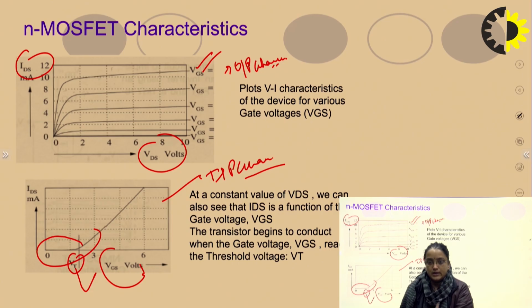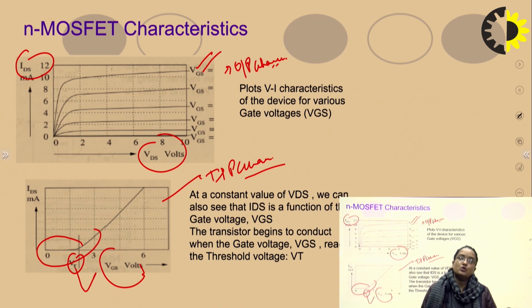Similarly for the depletion type MOSFET. In the next lecture, I will cover the depletion type MOSFET, and one of the most important topics of MOSFET, that is how it works as a MOS capacitor. These are the things that I have to discuss in MOSFET, particularly for the 5th unit.